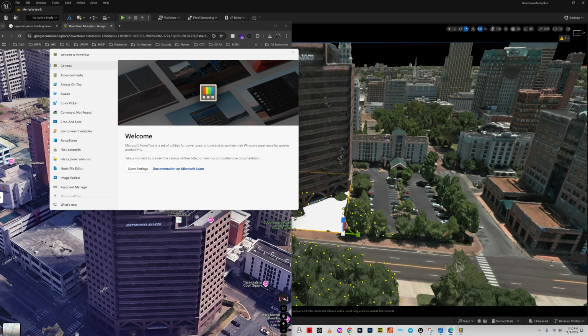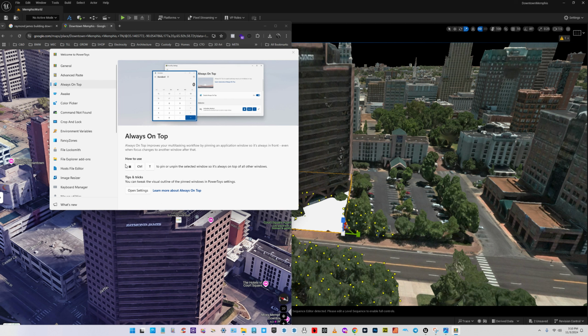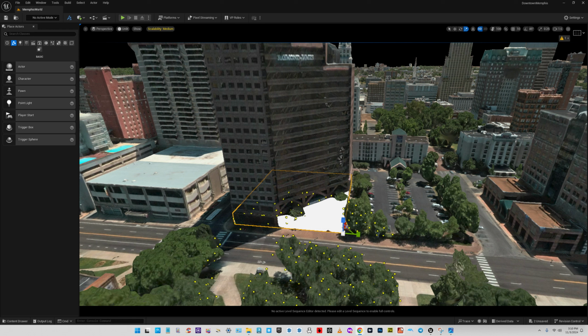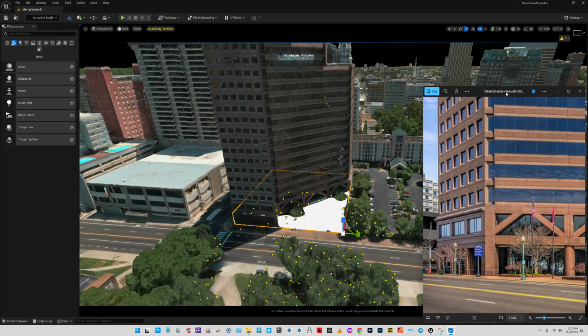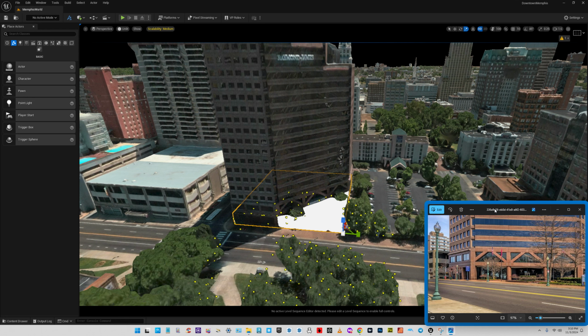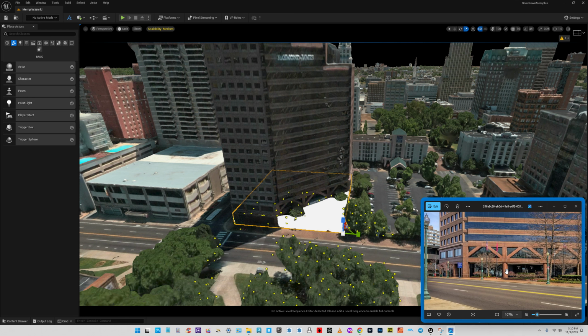Close this. Close Edge. Always on top. Windows Control T. We should be able to close this now. Let's see. I think what I wanted to keep on top was the photos, so Windows Control T. And we're just going to move this down just ever so slightly to about right there. Okay, and